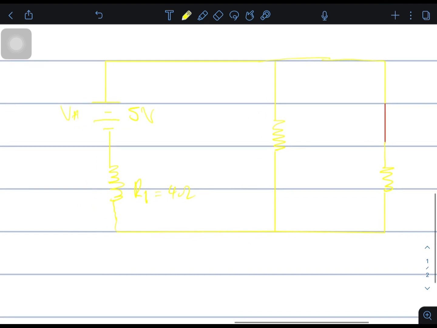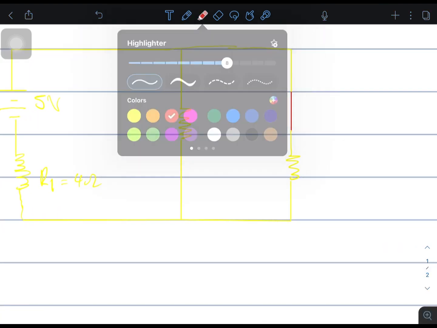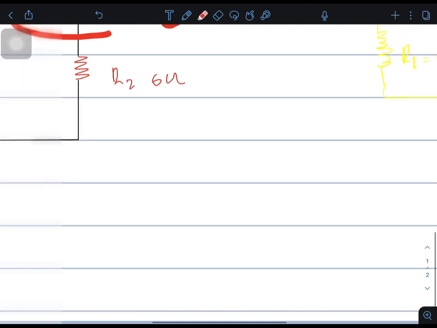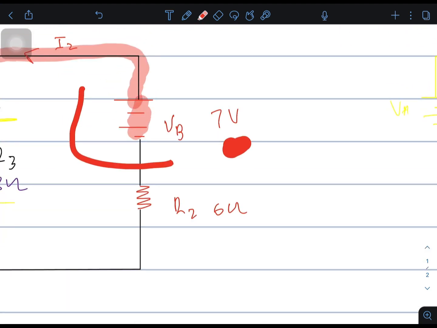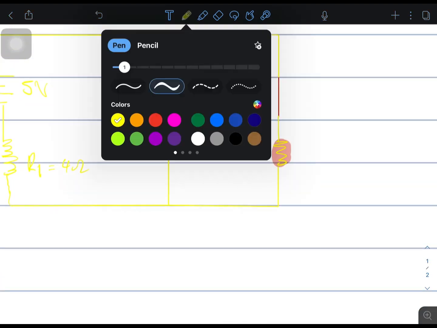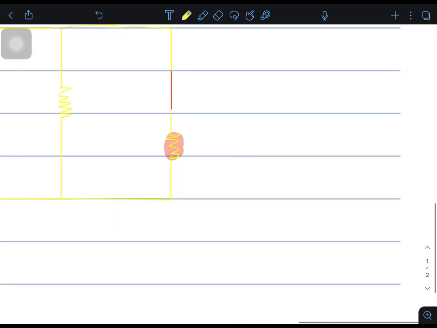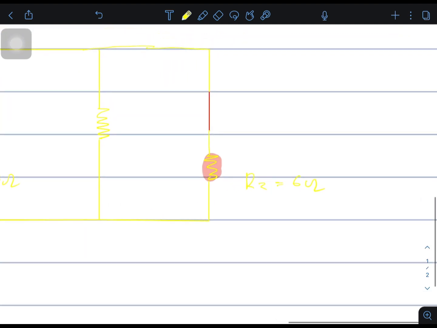Remember, this is the internal resistance of this source. You don't remove resistances. You only remove the sources by putting a short circuit. Okay, sorry, this is R2, 6 ohms. This one is R3 now,